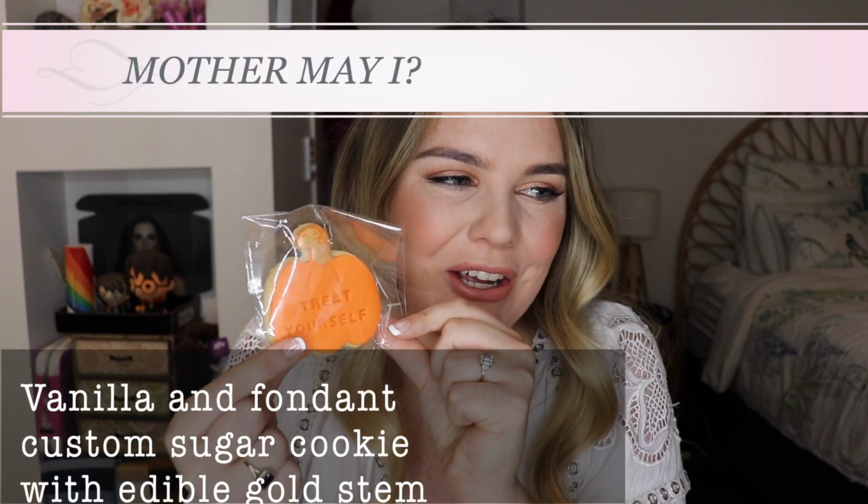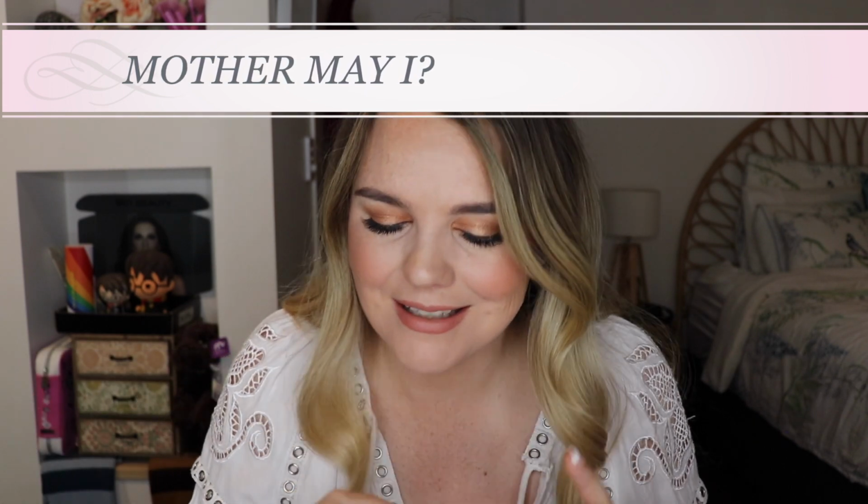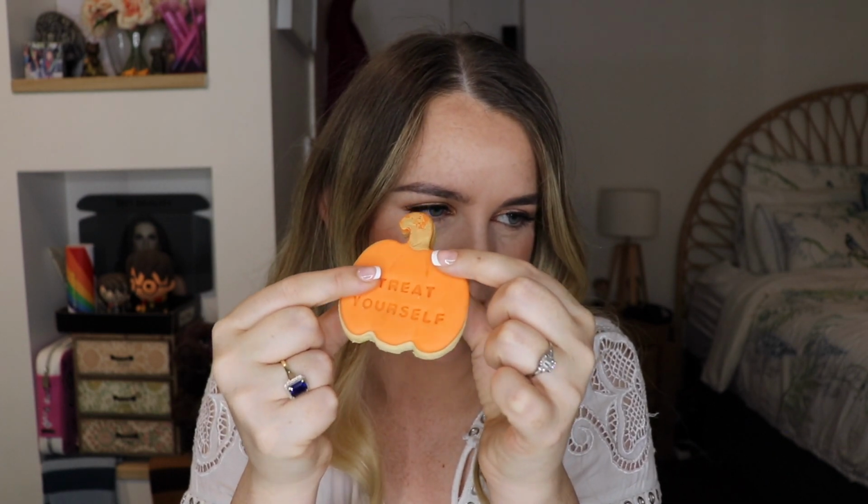Okay, so the next item that we have is a sugar cookie, and it is Halloween themed, and of course it says on here, "Treat yourself." Oh, yes, I think I will be doing that. Now, this one here is just a vanilla fondant custom sugar cookie, and it has a beautiful gold detail up the top there, and you know what, we are just going to